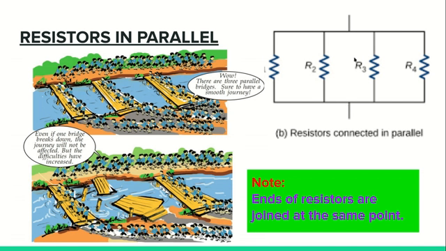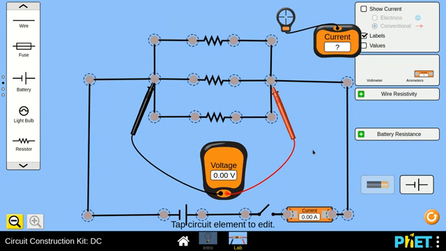So what you understand from parallel resistors is that the current that comes over here gets distributed and the same current adds up when it comes out of this together. Let us see the simulation, how the parallel system of resistors works and how to calculate its equivalent resistance. Now let us see what happens when the resistors are connected in parallel.